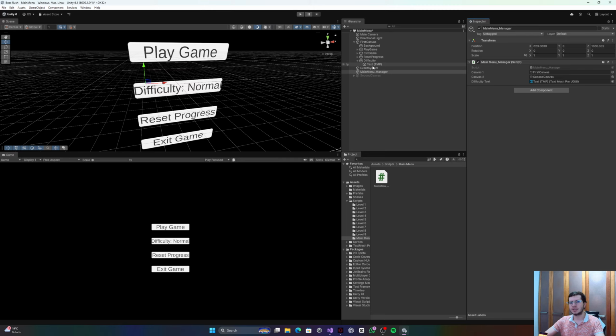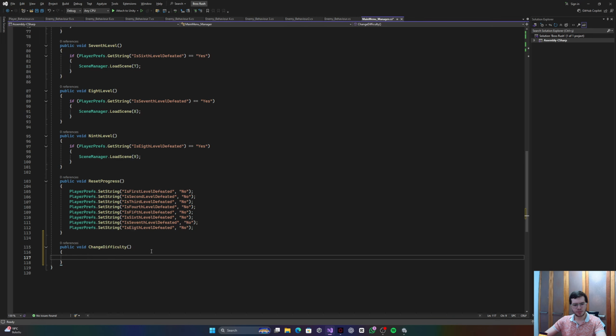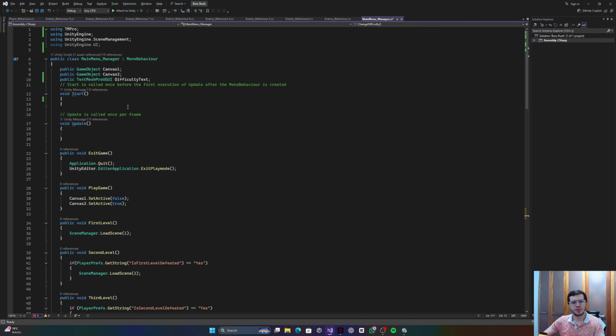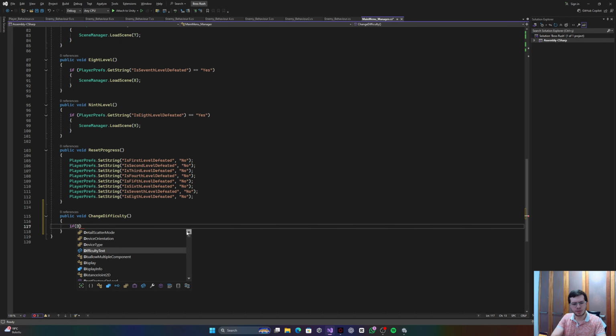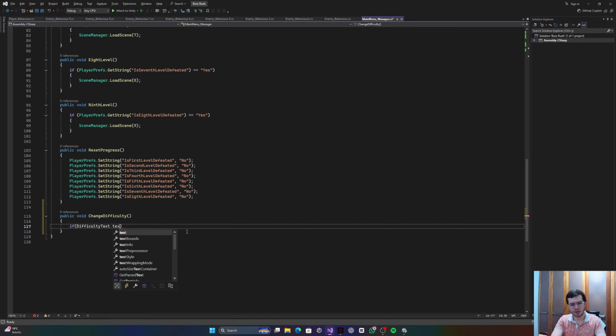So if the text says normal, we set it to hard. If it says hard, then we set it to easy. If it says easy, then we set it to normal. So we'll check that by writing if, what was this variable's name? Difficulty text. Difficulty text equals